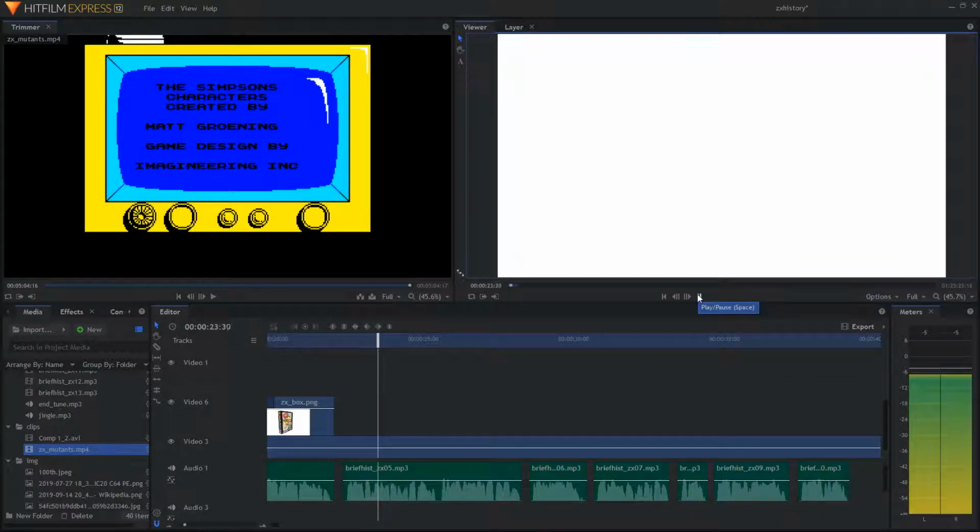This version of Bart vs. the Space Mutants by Arc Developments featured the same alien invasion plot and gameplay, but suffers a